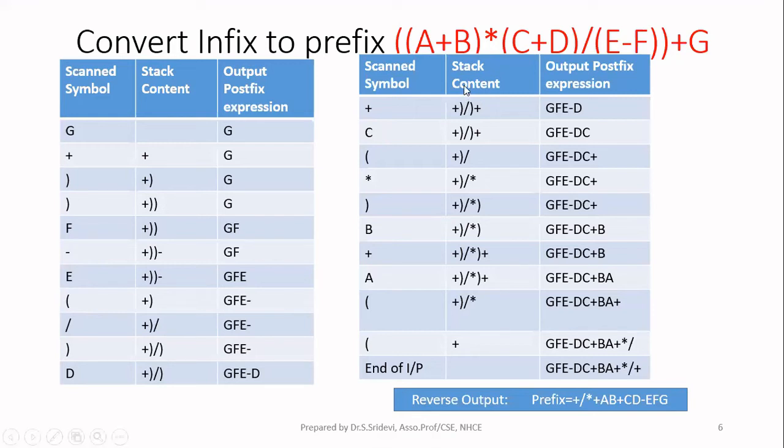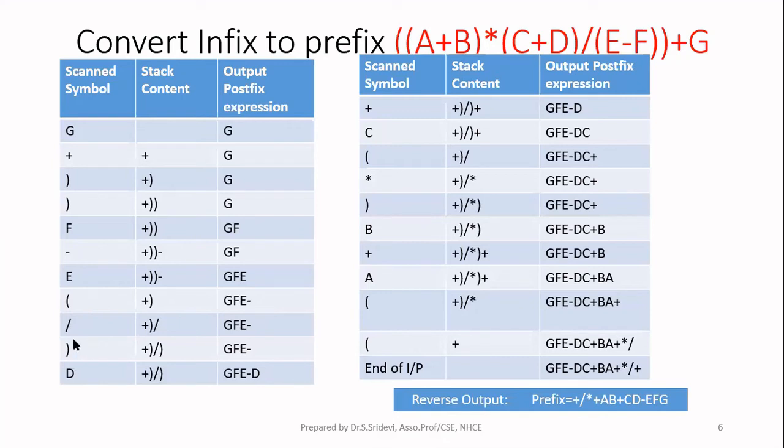Just a minute. So first I am popping minus, I'm writing it at the output. Then I'm popping one close parenthesis, but I'm not writing that at the output. The parenthesis will never appear in the prefix or postfix expression in the output. Then the next character scanned is divide. When you have divide, check the priority on the top of the stack. On the top of the stack, we have only parentheses, so no need to do anything. Simply push divide on the stack.